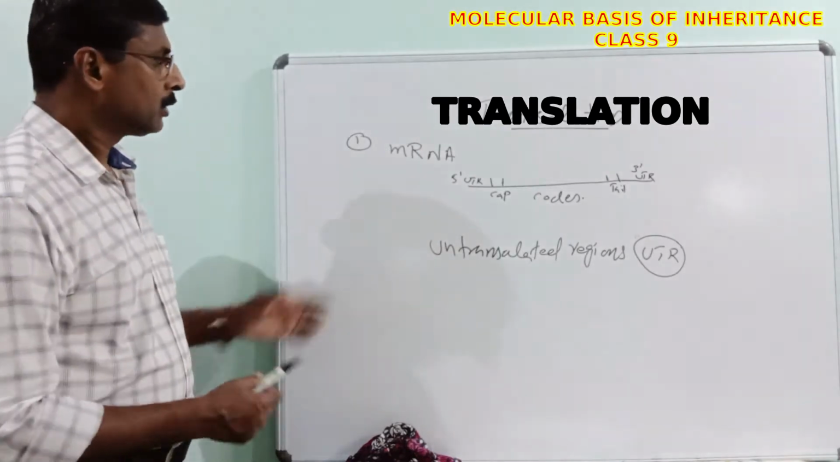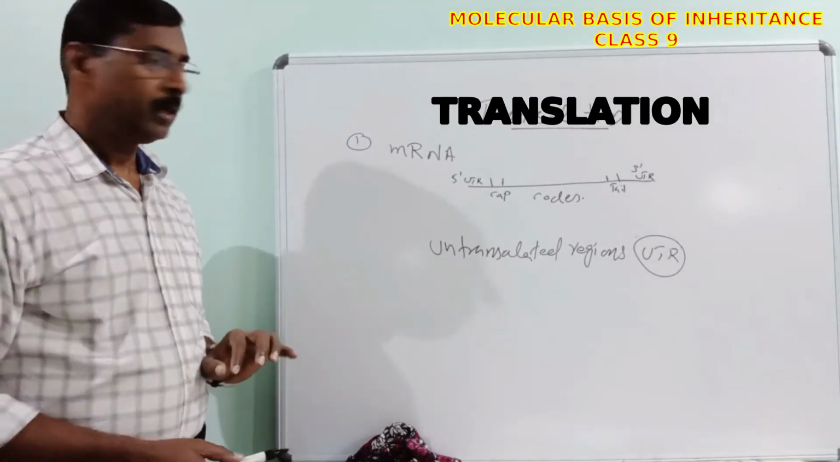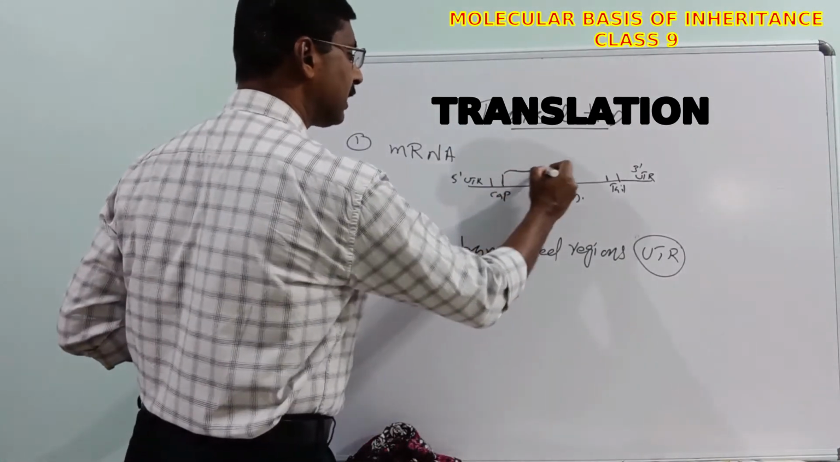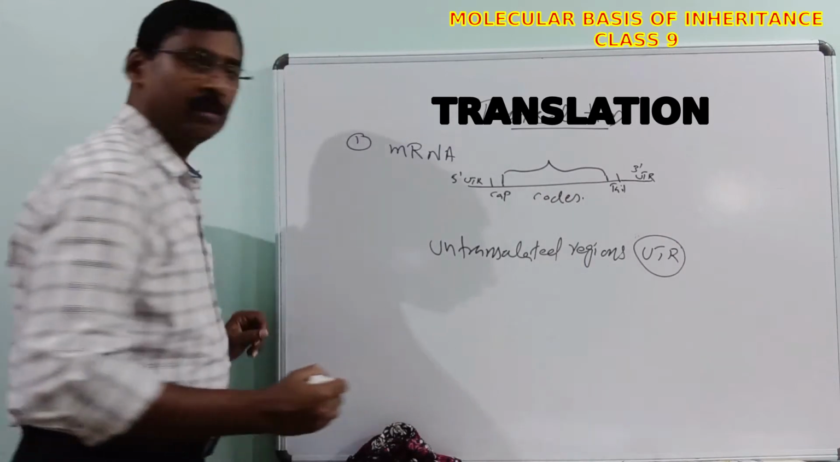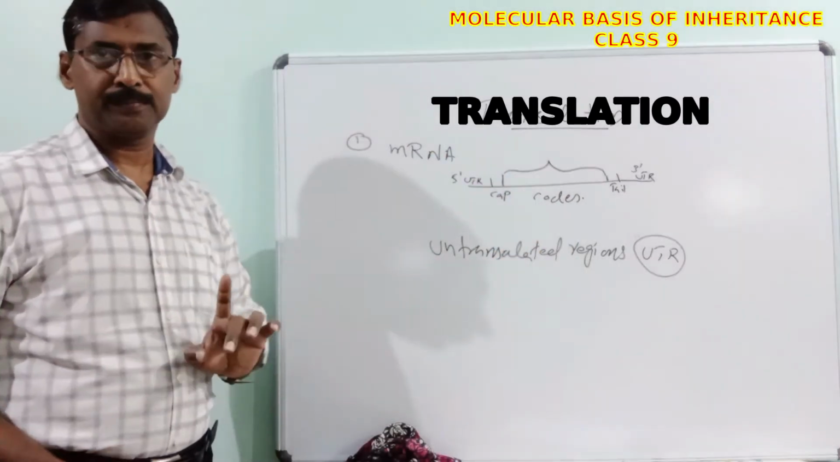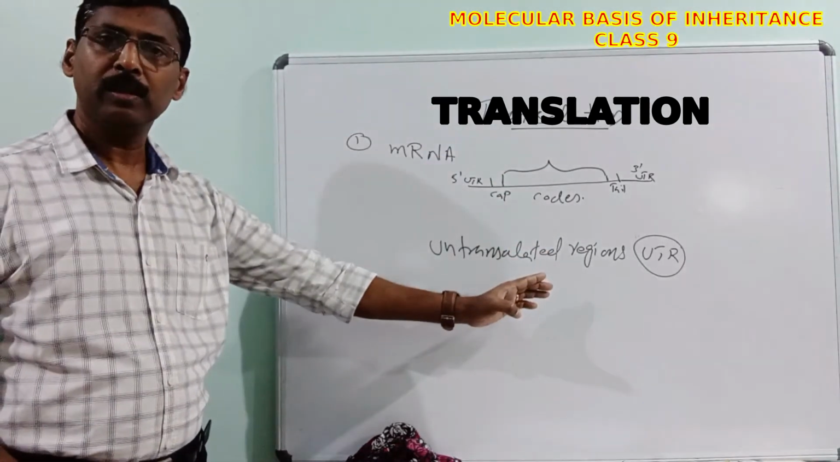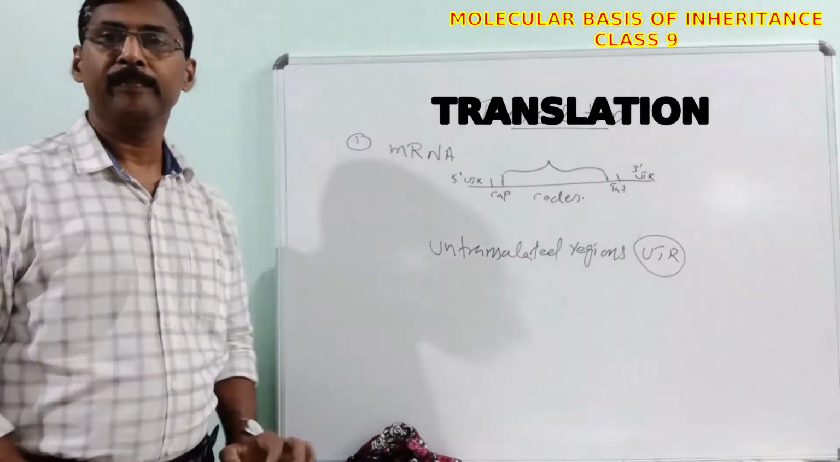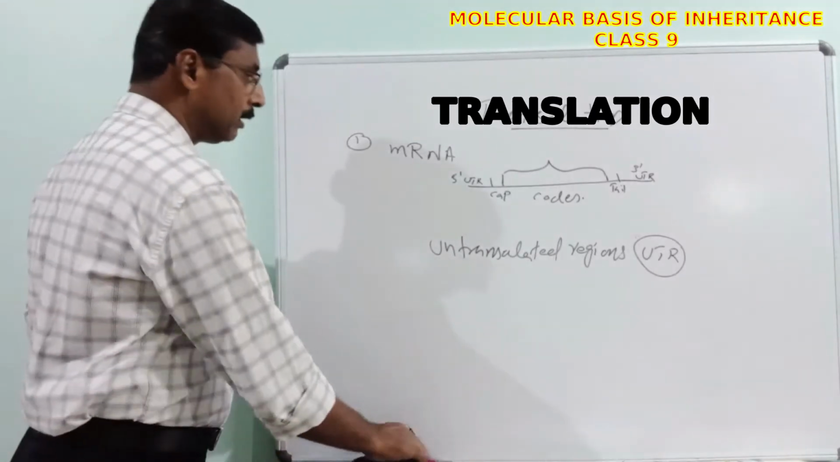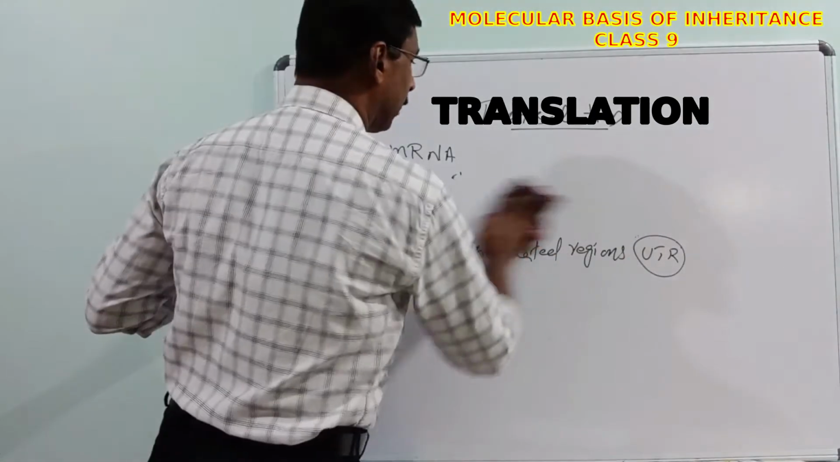Okay, so that is about mRNA. This is the translated region where meaningful genetic codons are present, that is to be translated into the sequence of amino acids in the protein. Okay. Then the second component